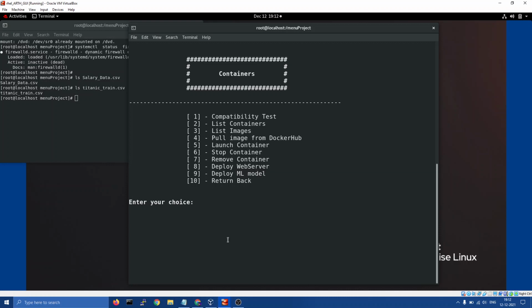Deploy ML model. Inside the container it will put some ML code and give us the full Flask container, so that we can use it as a machine learning model. It might take some seconds because it is fetching some items from the internet. To make the container it is using a Dockerfile. It is actually doing lots of things behind the scene.